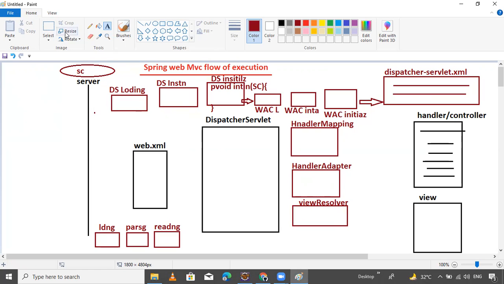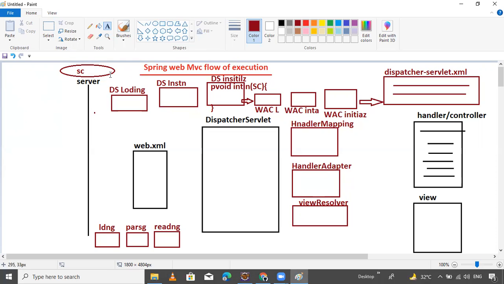So observe this, guys. This is the total part at the time of server startup. Now, can I revise once? This is sufficient. When the server starts, the server will do three things.